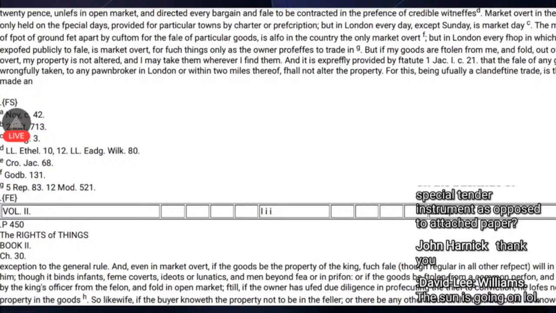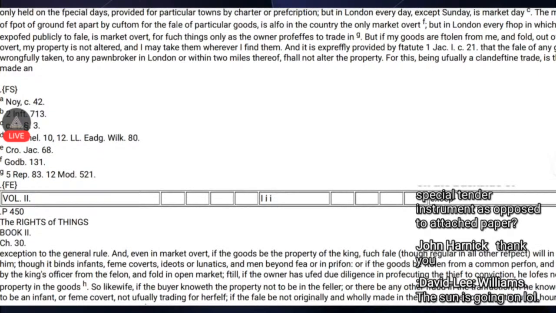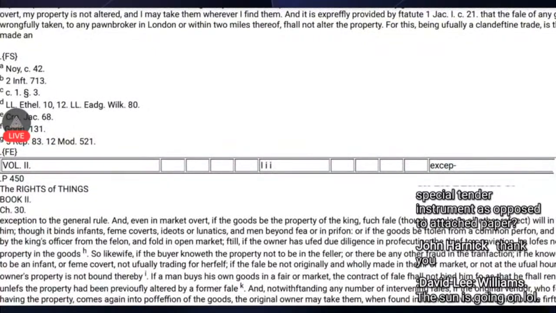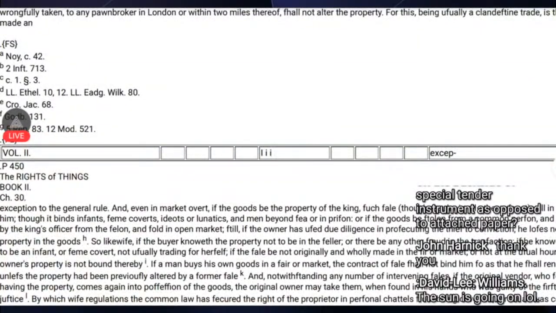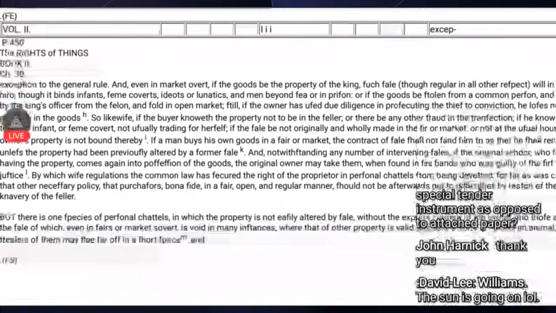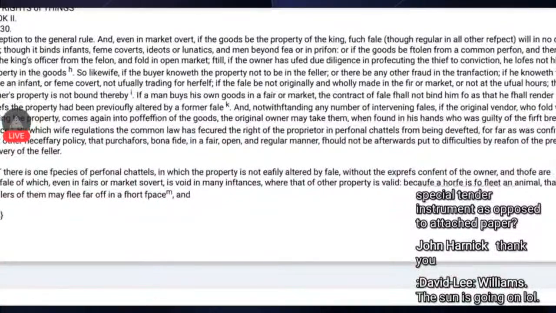first of Jacob, the sale of any goods wrongfully taken to any pawnbroker in London, or within 2 miles thereof, shall not alter the property. For this, being usually a clandestine trade, is therefore made an exception to the general rule. And even in market overt, if the goods be the property of the king, such sale, though regular in all other respects, will in no case bind him, though it binds infants, femme coverts, idiots or lunatics, and men beyond sea or in prison,